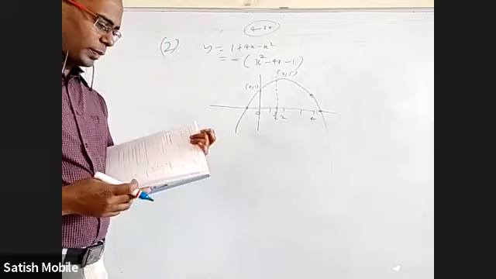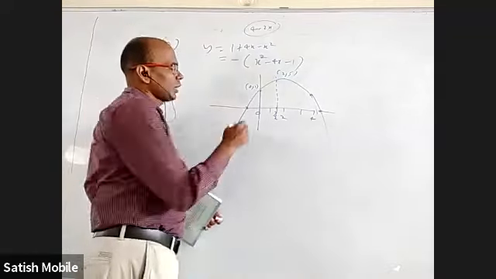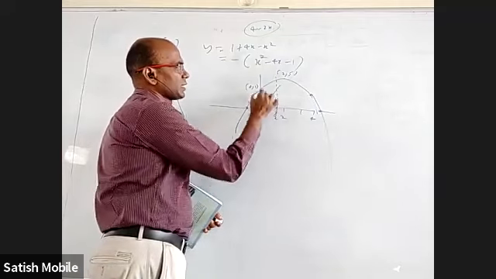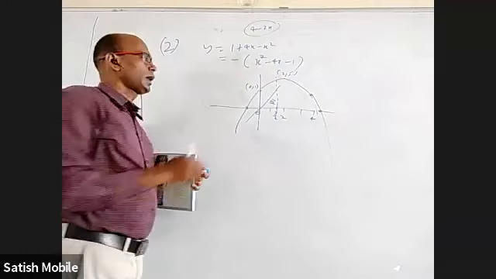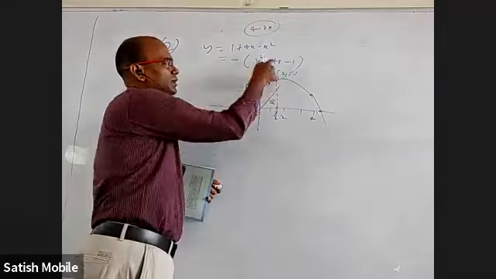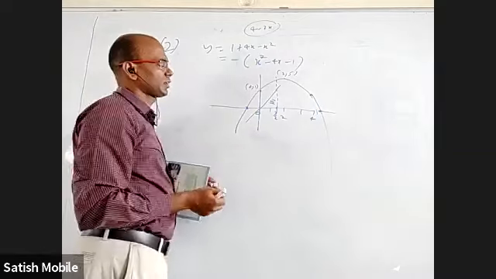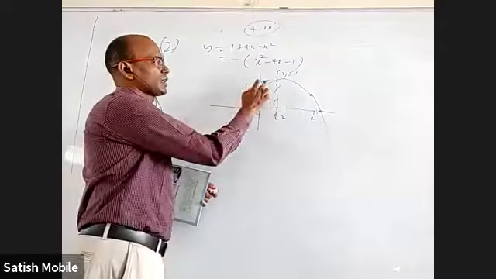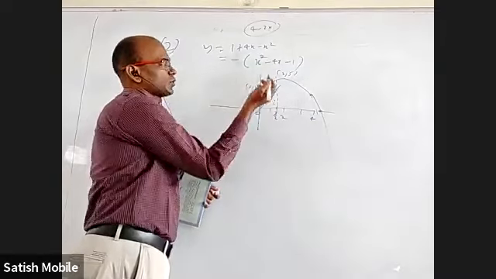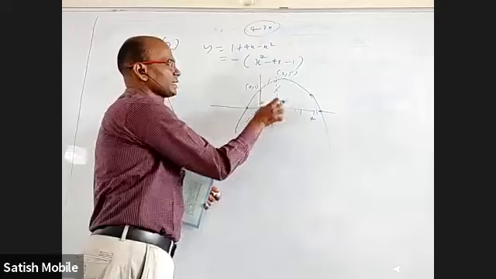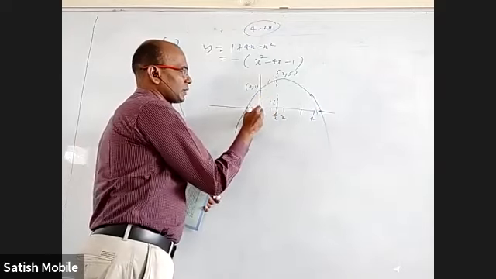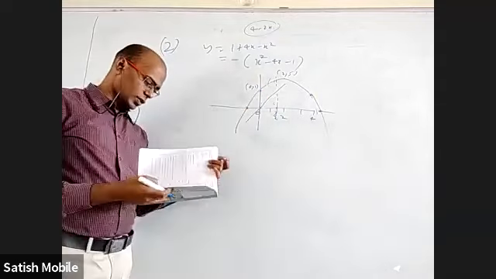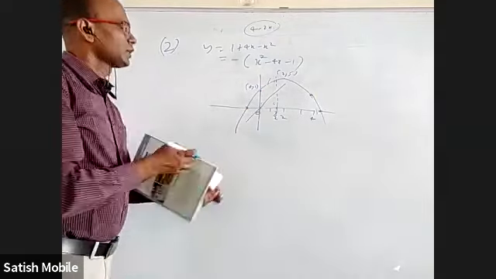y equal to mx should bisect this. Okay. So I should draw some line like this through origin so that this area of the triangle is half of this. I don't think this line will intersect this parabola somewhere. Then I don't think half will come. Because even if I take up to here, I think I can say this area is more than that. If I take much more than that slope, it can't be. So I think most likely y equal to mx will be a line like this, where this region became two equal parts. That's what they want. Okay. Then that should be very easy.